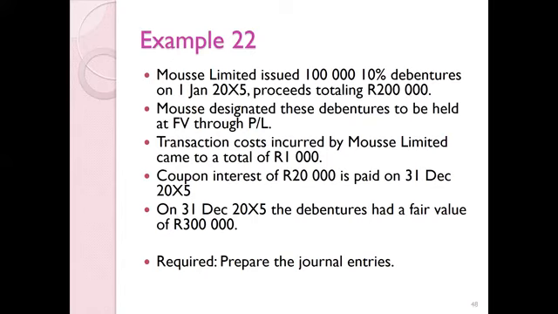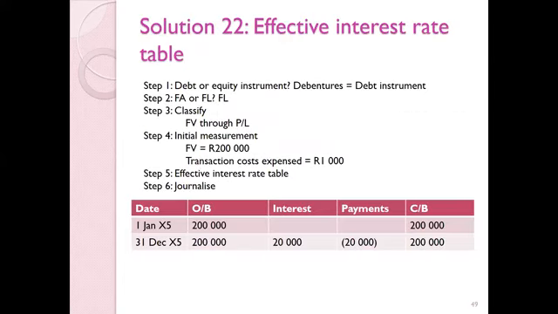So in our second bullet point, we were already informed that they will be designating these debentures to be held at fair value through profit or loss. So we immediately know that the transaction costs in the third bullet point will be expensed as a result of that classification. So if we were to start with our steps, do we in fact have a debt or an